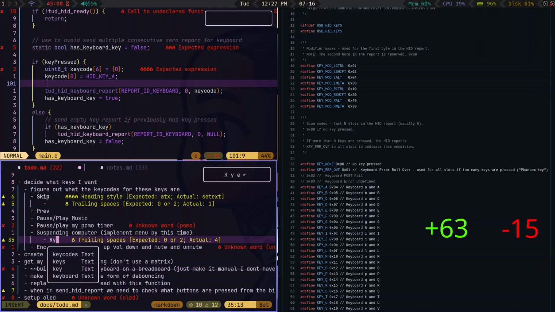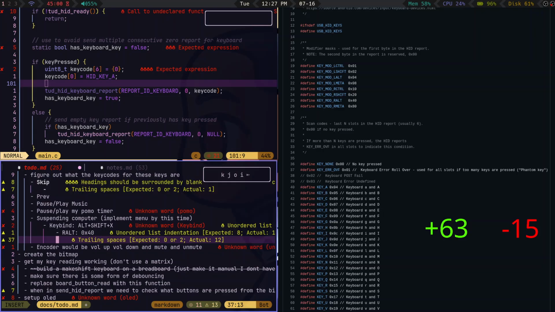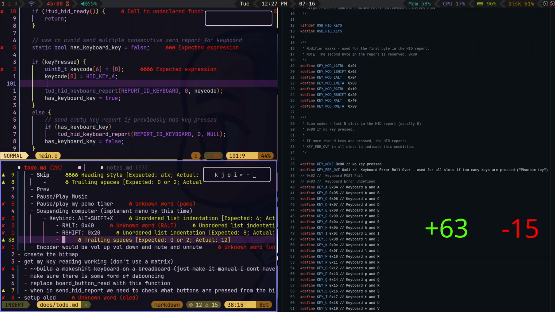the keybind is Alt with Shift plus X, and then this breakdown will be, what is alt? Right alt? I don't think it matters. So right alt is 0x40. Wait, no, that's shift. No, yeah, it is alt. And then right shift is 0x20. And then we have X,